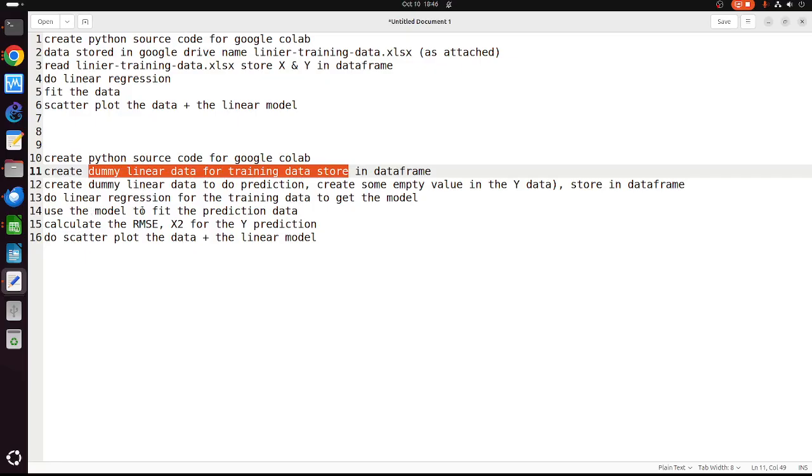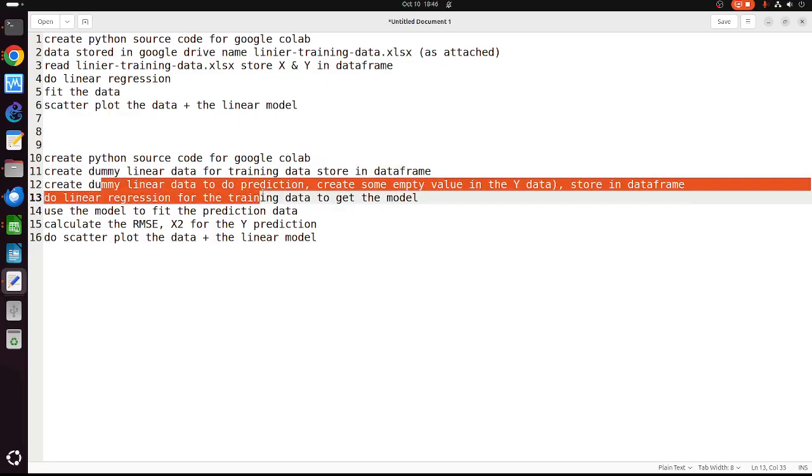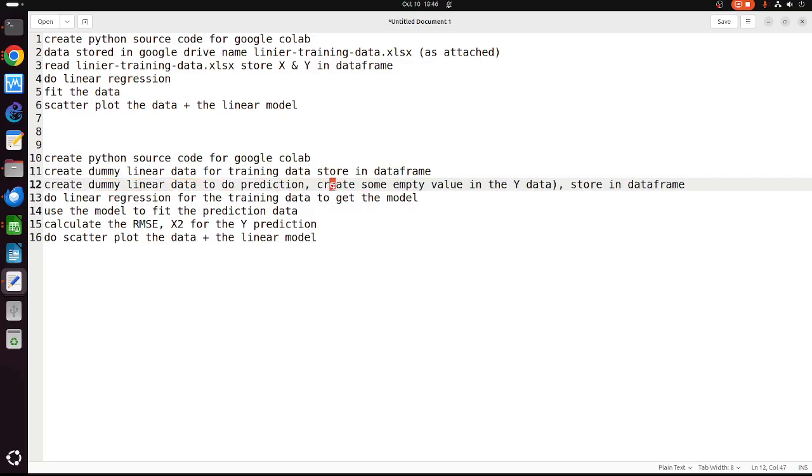Okay, we create the data for training, and then also dummy data for prediction, with some empty values in the Y. Remove this one.